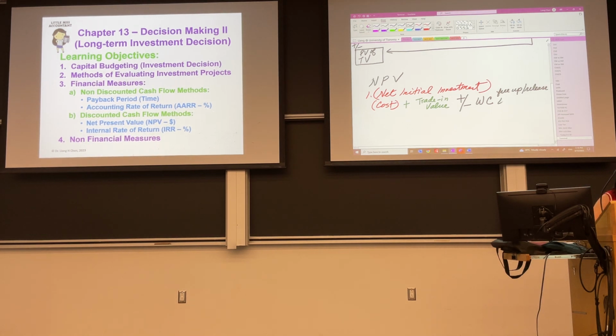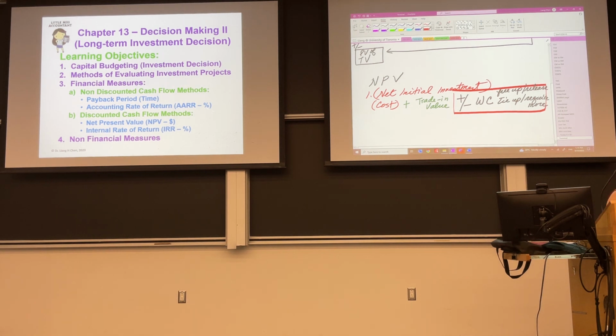This is called tie up. Require more. When you require more working capital, meaning you need more cash. Okay? So can be positive, can be negative. This is where students make mistakes. Once you determine it wrong, everything else is wrong. Three components. Okay? I'm going to explain this to you in a minute.